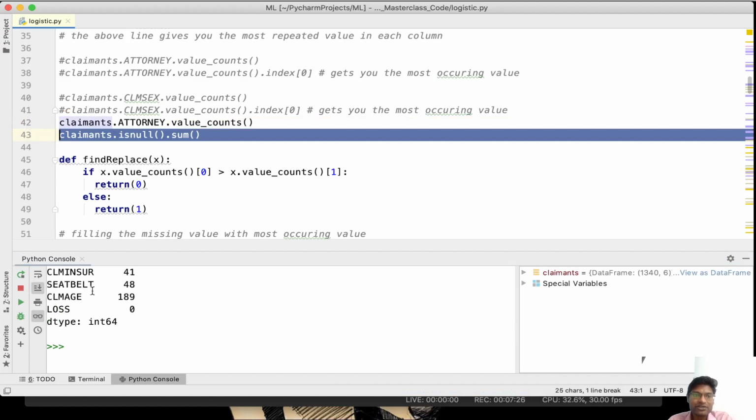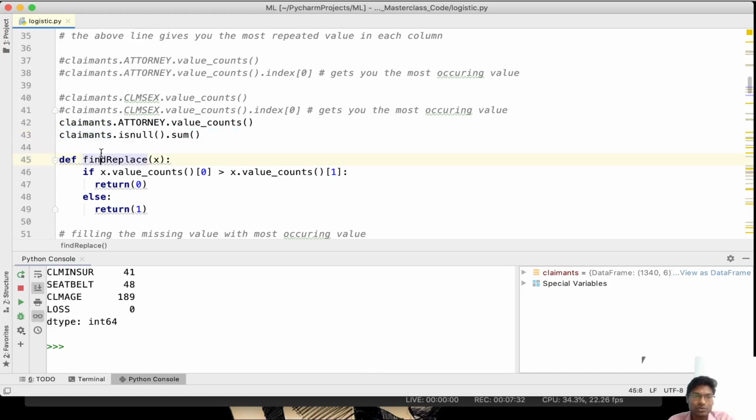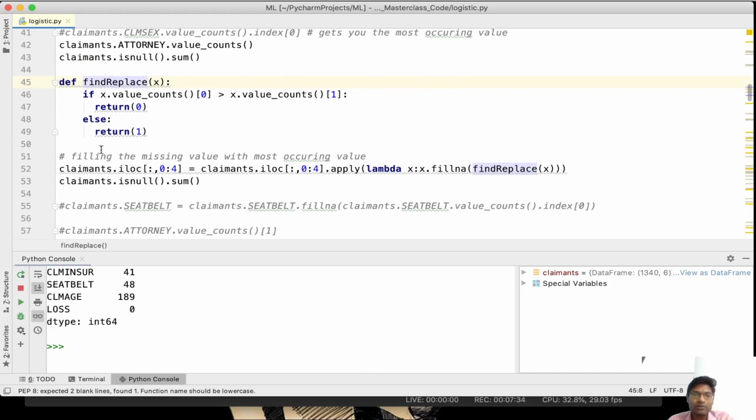Again I am going to check the number of null values. It is the same as the previous time we calculated, there is no difference. Now the approach is we are going to backfill CLMSEX, CLMINSUR and SEATBELT.